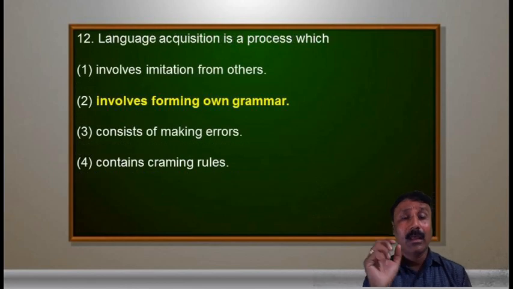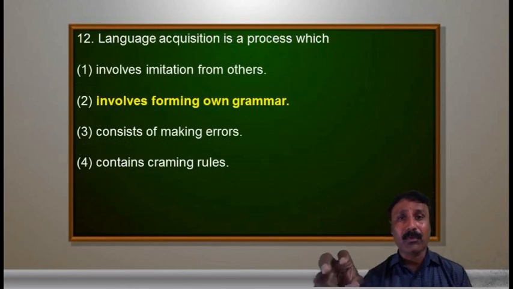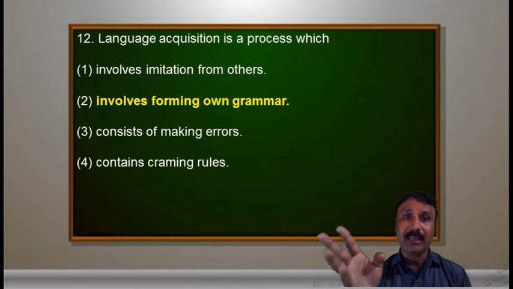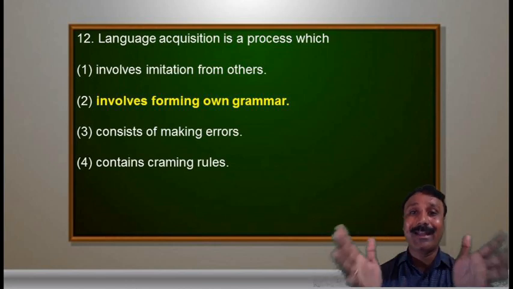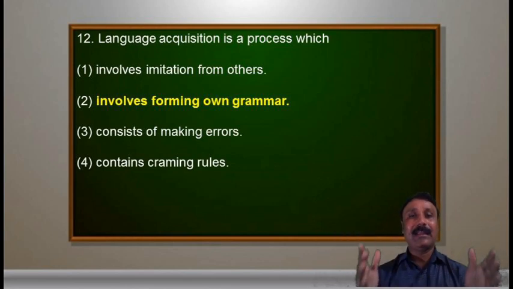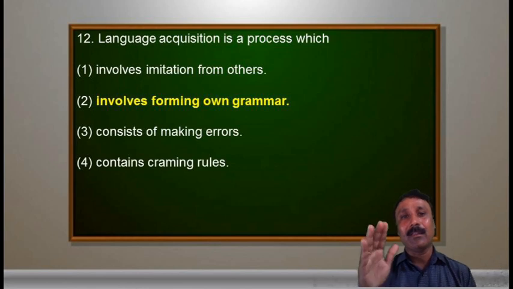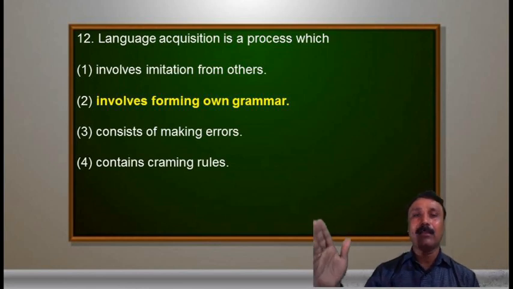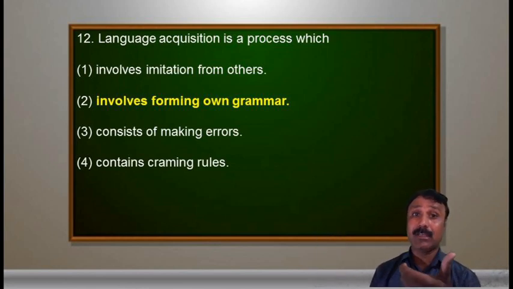Question number 12. Language acquisition is a process which involves imitation from others, involves forming own grammar, consists of making errors, contains cramming rules. See, language acquisition is different from language learning. Language learning means learning a second language or third language or some other language. Acquisition means how we speak our